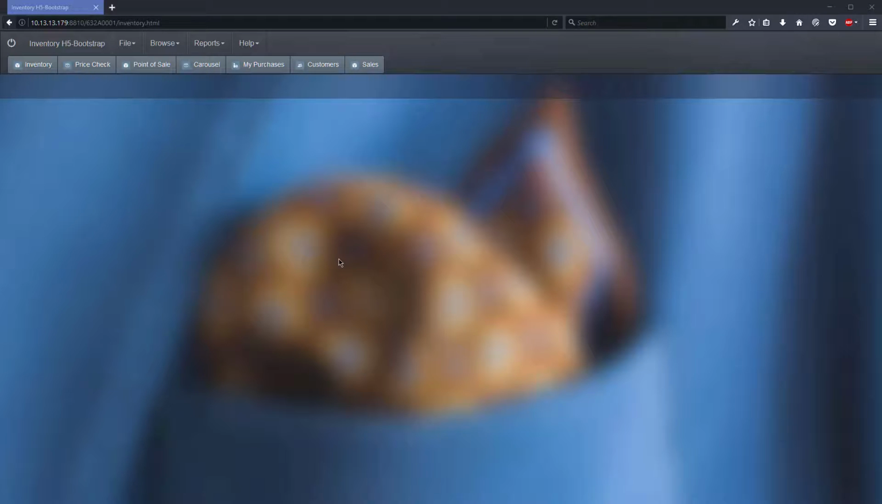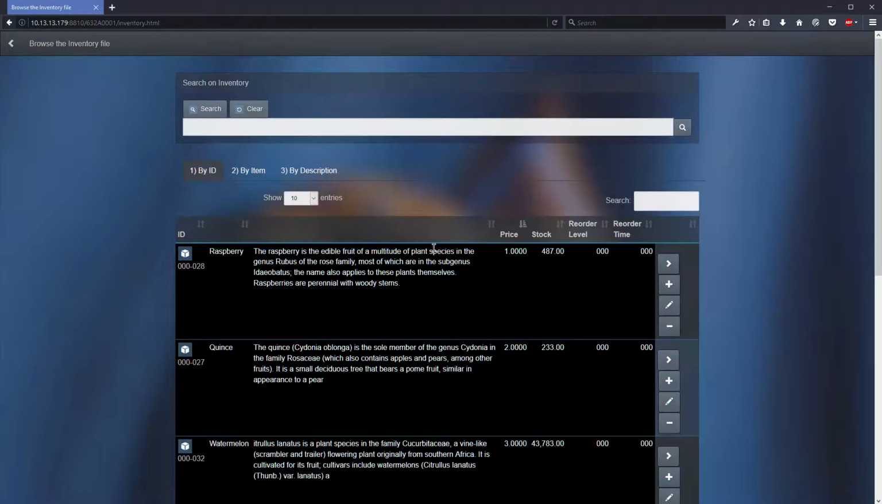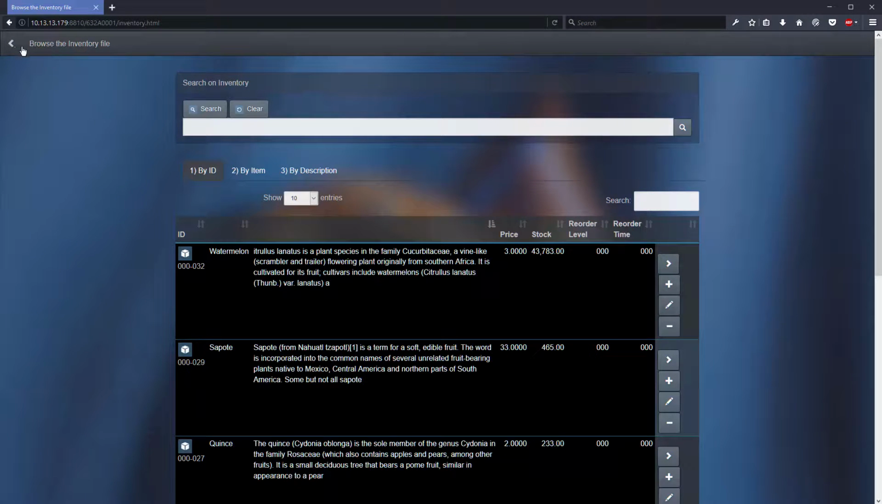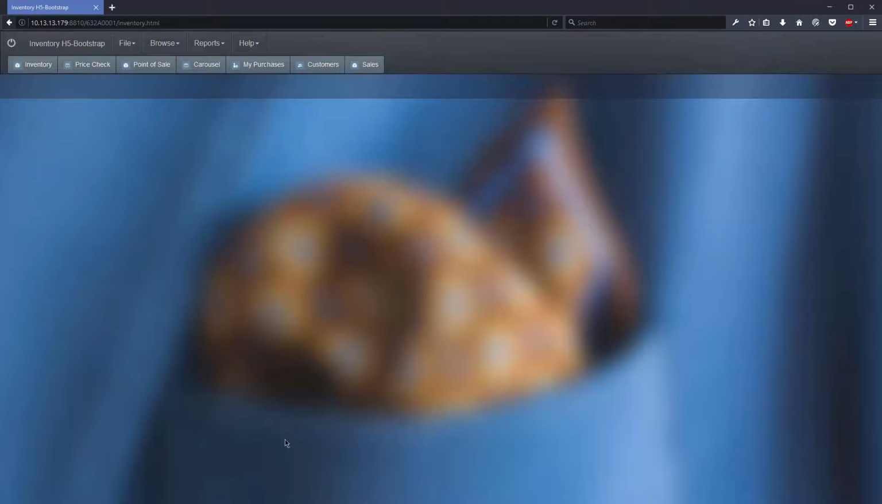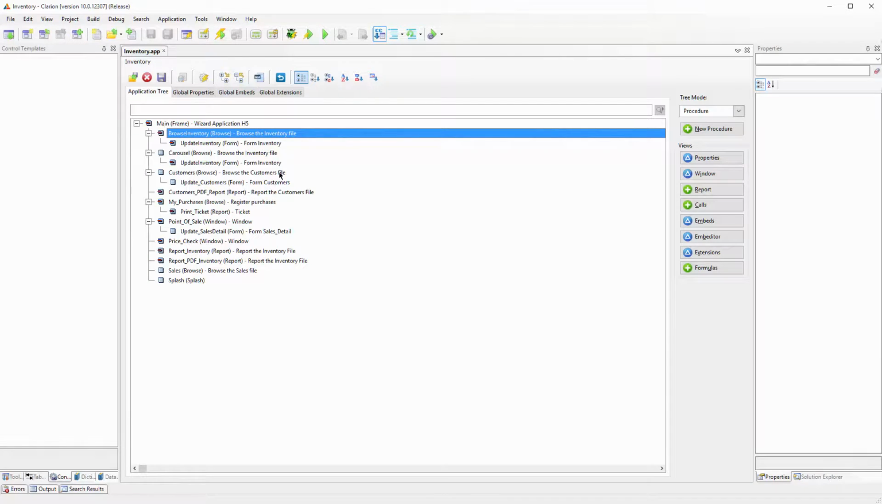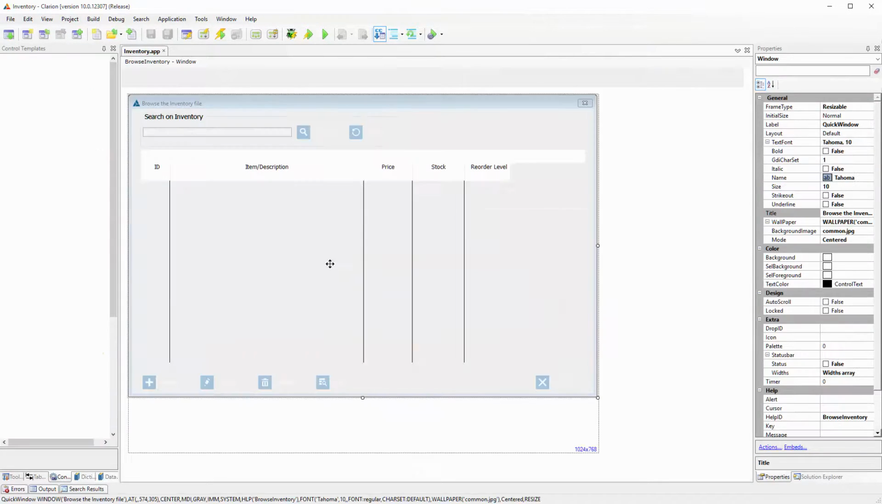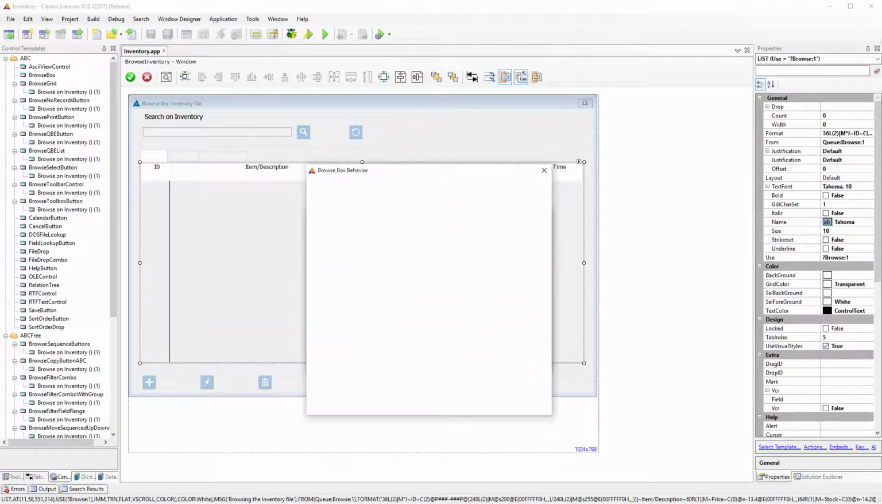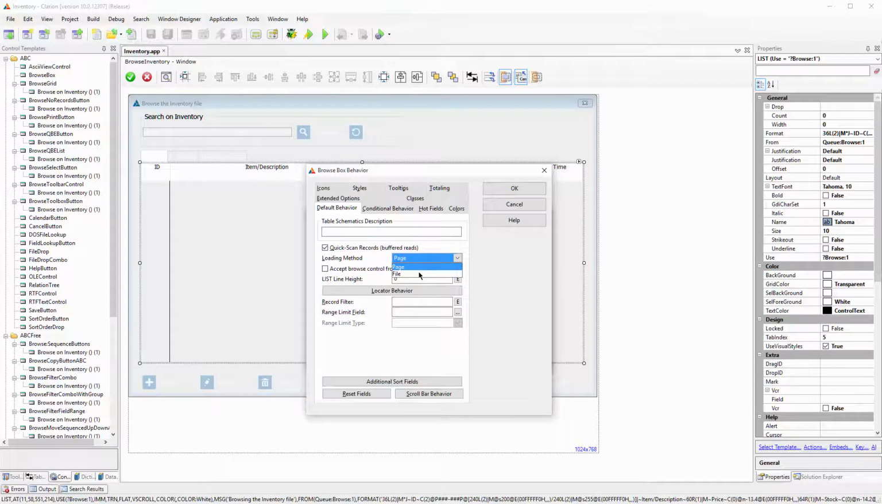Now our H5 application is working properly. I can click on the headers and I can sort the table according to the header, descending, ascending. And let me show you something very particular. If I go to the browse and I load the browse using file,